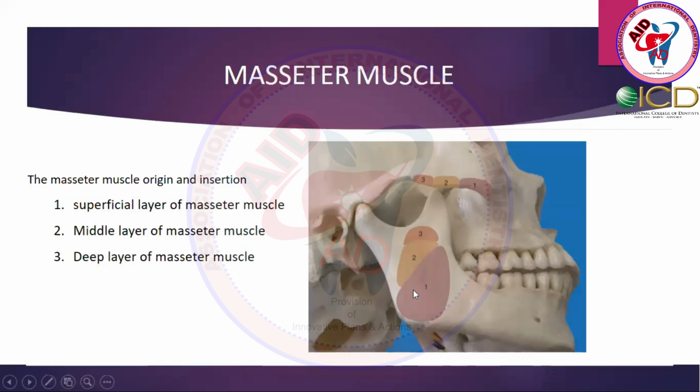If we have to shift the mandible forward, then the number 1 fibers will move faster. That means they will pull the mandible more anteriorly. While in the occlusal plane, where we want to fix it more occlusally and adjust, the number 2 will be the most effective fibers, and these fibers will help in occlusion of the mandible.